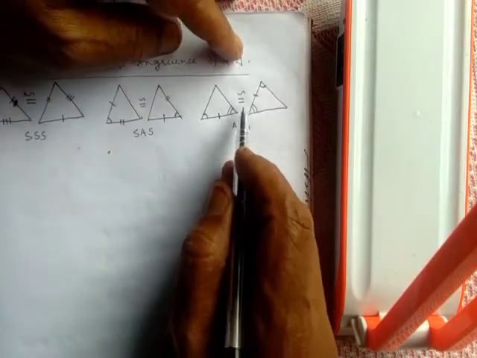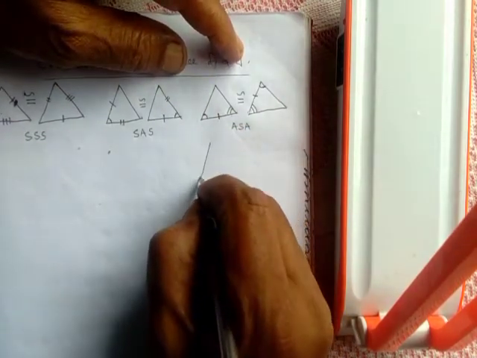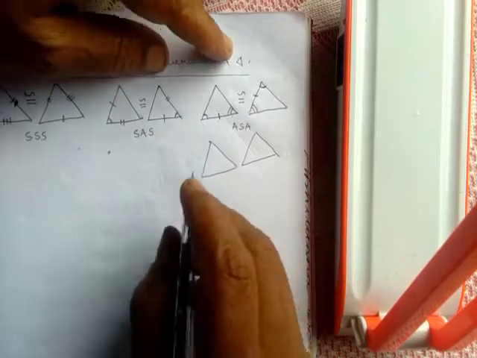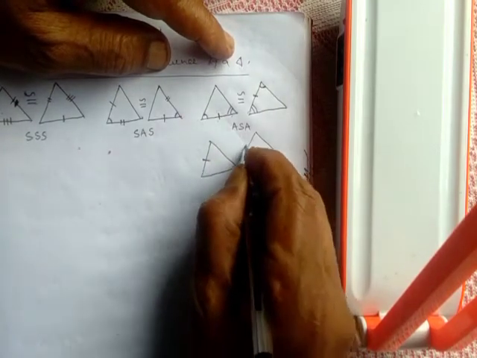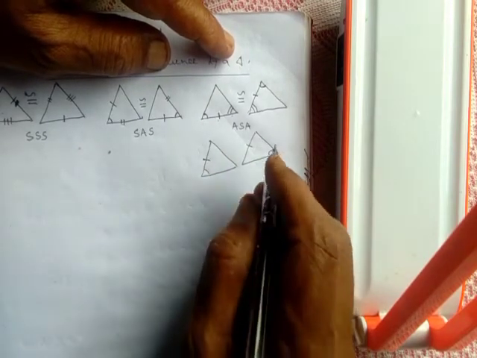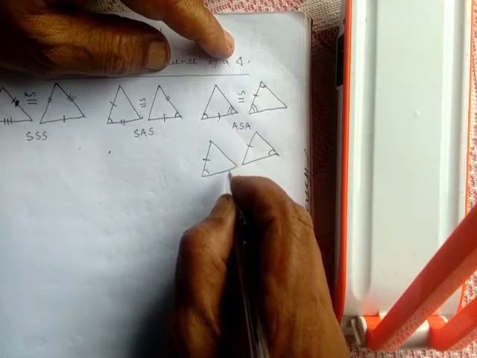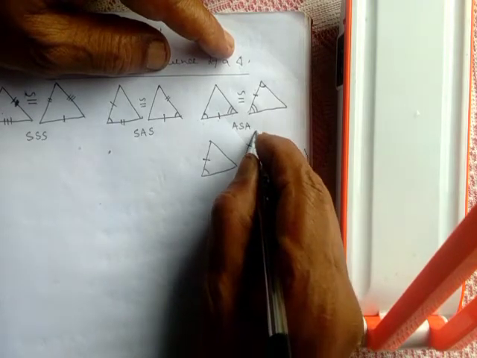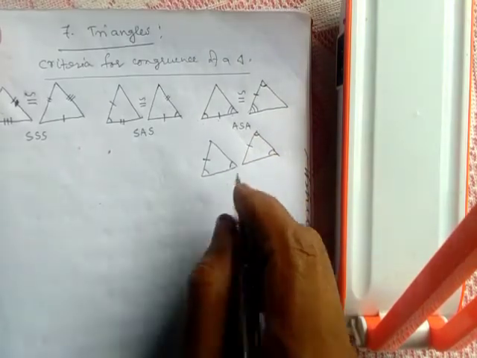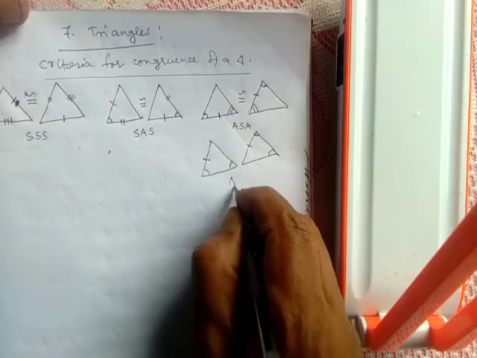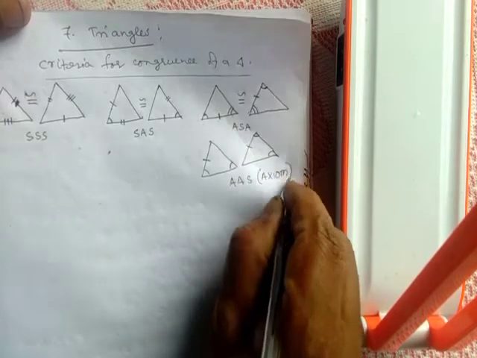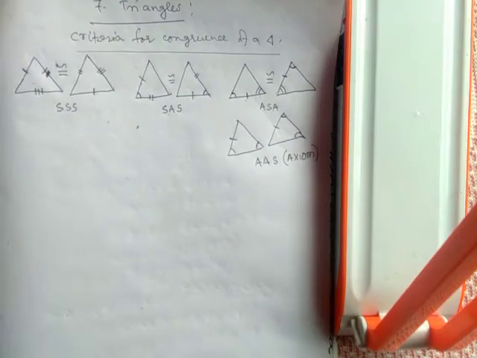It has an axiom also. It's a derived axiom. Say, if this side and this side are equal, this angle and these angles are equal, then this is also congruent by the angle angle side axiom. This is by axiom.